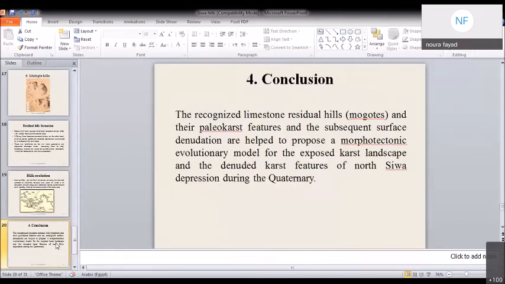Conclusion: the recognized limestone residual hills, and there is paleokarst feature and the subsequent surface